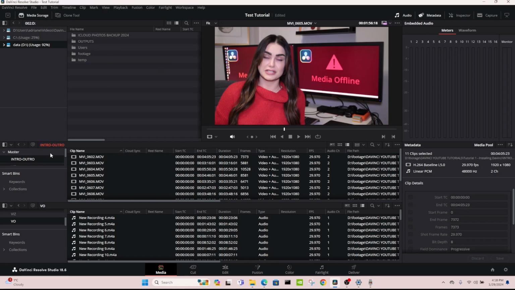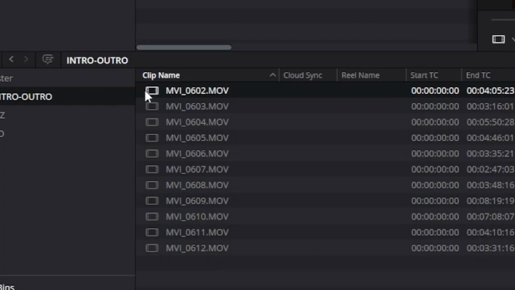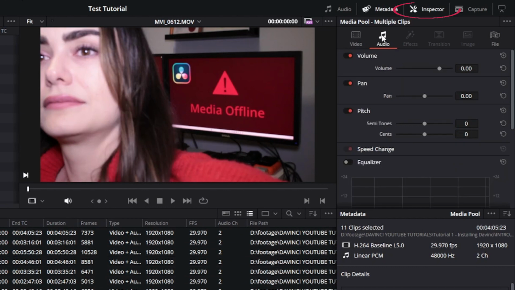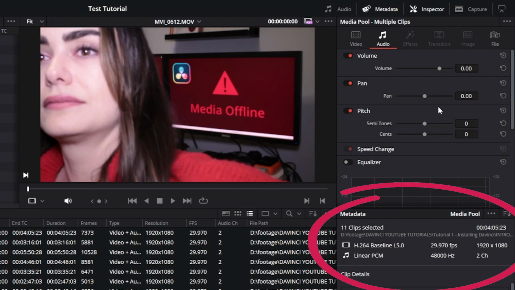So when you're in this media tab, if you knew something was a problem prior to starting your edit, let's say you need to increase the volume because it's all too low and you don't want to have to do it individually. Highlight all your clips, increase the volume from here. This is the inspector window, which basically just shows you all of your options that you can do with your clips. And then you can always look at your metadata too. So it tells you where it's saved to, what it is. It's 1920 by 1080 at 29.97.